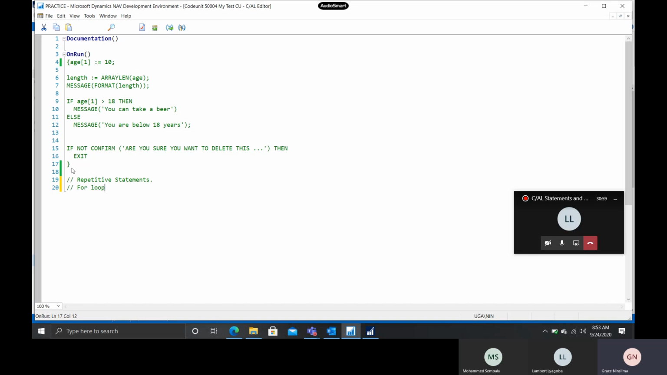The first one is a for loop. When do we use a for loop? We use a for loop if we want to iterate given statements for a given number of known times. For example, if I want to iterate a given statement 10 times, I can do for